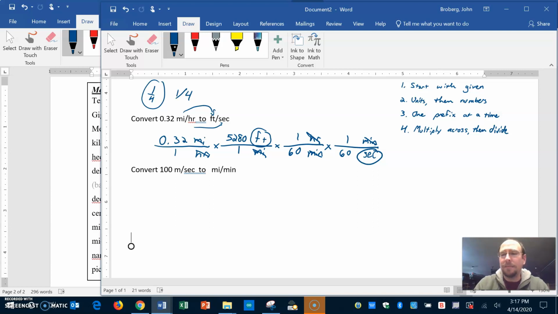And notice as we did this, this rule didn't necessarily apply because we didn't deal with metric prefixes. That's okay. But now I can do the math. I multiply across, then I divide. Just like on the other problems that we did. Take the numbers along the top, and I'm going to multiply those together. So this one, I need to use my calculator for. I can take that 0.32 times 5,280 times 1 times 1. And if I do that, I get